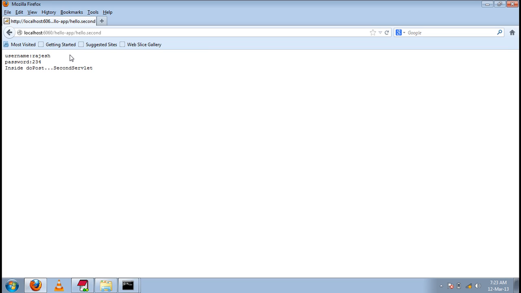So, in the login servlet, if it is hidden form fields, what do we do? We add hidden form fields: input type equal to hidden, name equal to username, value equal to Rajesh. We add the hidden form fields in each and every request. Here also we should add the same. Input type equal to hidden, name equal to some username, value equal to something. Here also we should add.